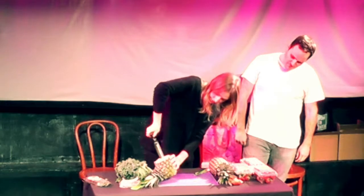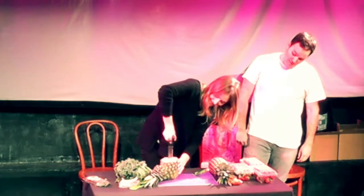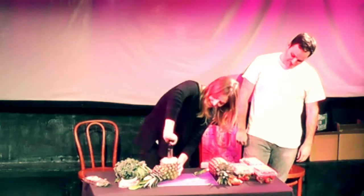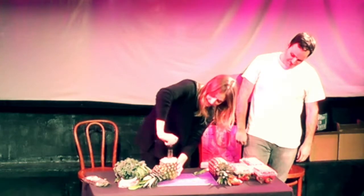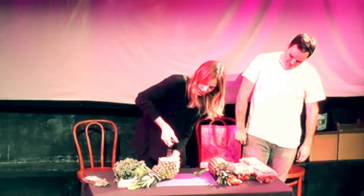So you drive it into the whole pineapple until it hits that number where the height is. Okay, and then all you do